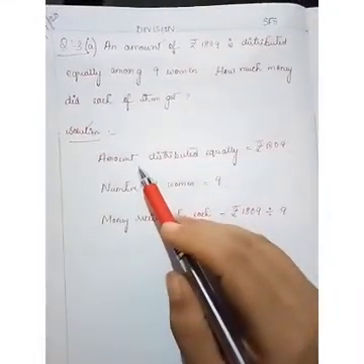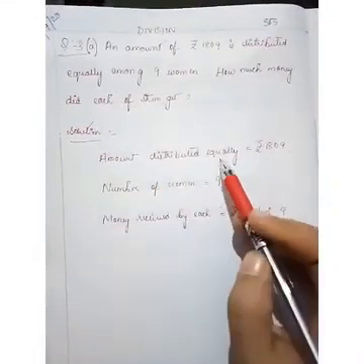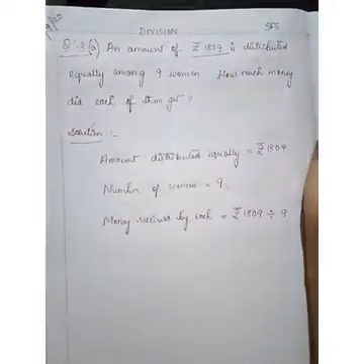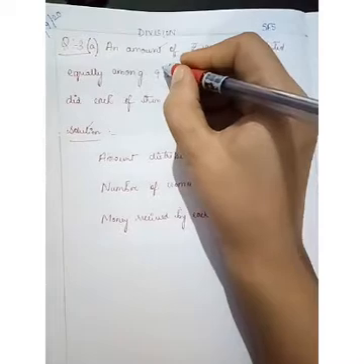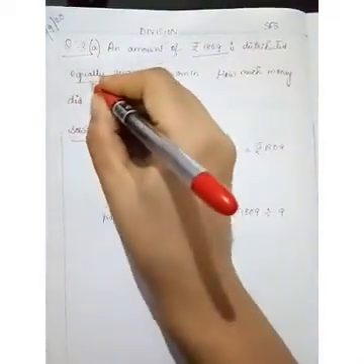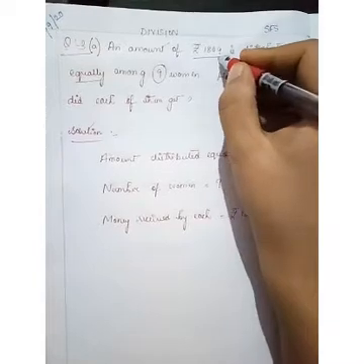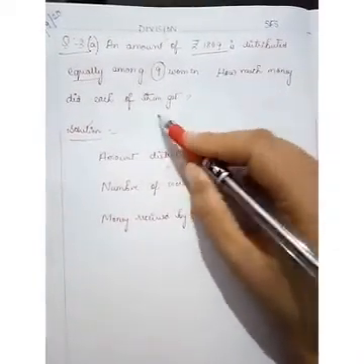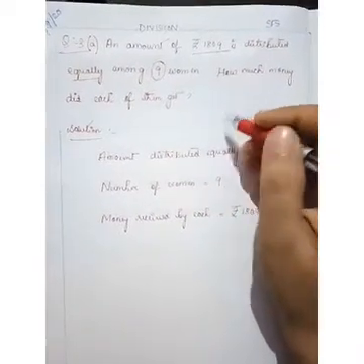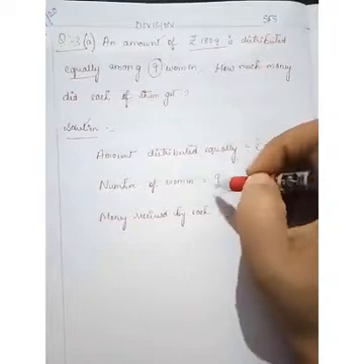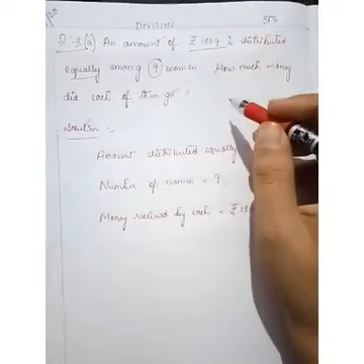So here I have written the statement: amount distributed equally. What is the amount distributed? It is rupees 1809. And how many people, what is the number of women? Among 9 women it is distributed equally. The amount is rupees 1809. Now we have to find out how much money did each of them get. We know that this is the amount distributed among 9 people, but we have to find out how much money did each of them receive.